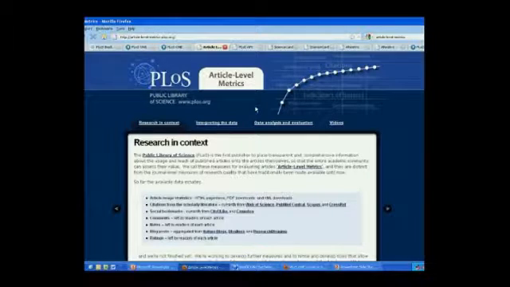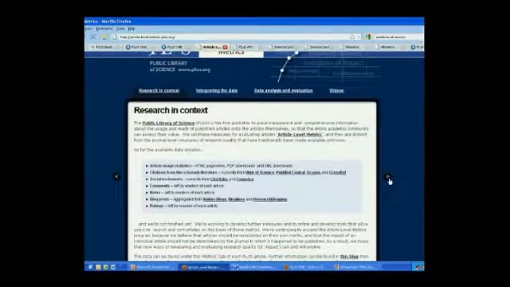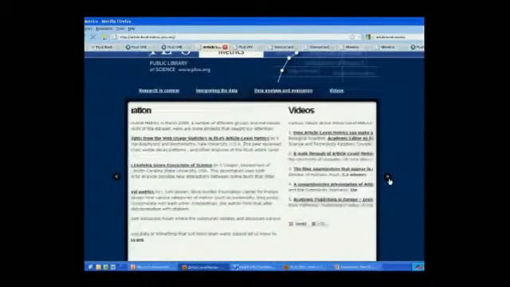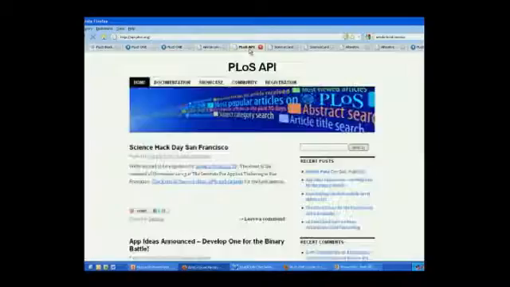So this is a marketing site that we put together for the article level metrics. This is just a little sort of single theme site that gives users information about it. But additionally, we now have an open API on the site. So this is the API site for the PLOS ALM app. And we've taken part in the Mendeley binary battle. So it became the Mendeley PLOS binary battle, and people have been using our API to build new products and